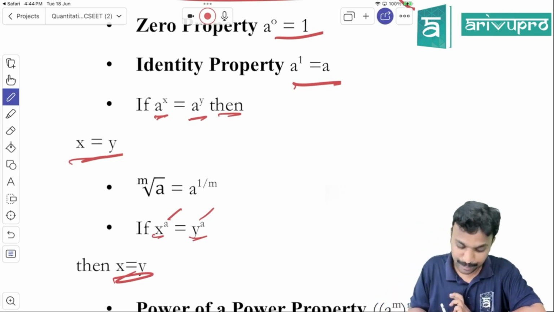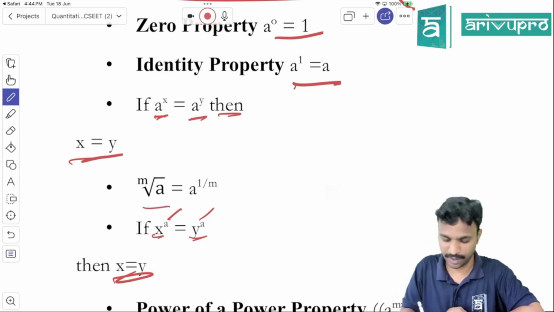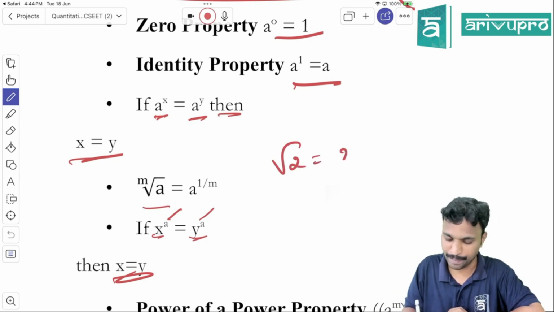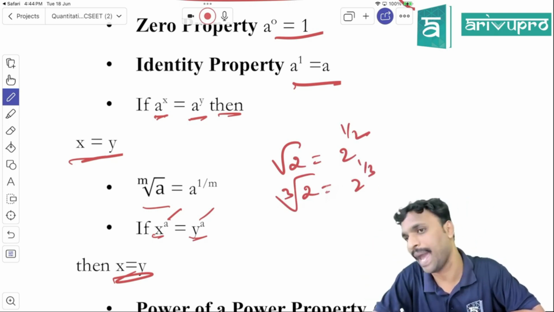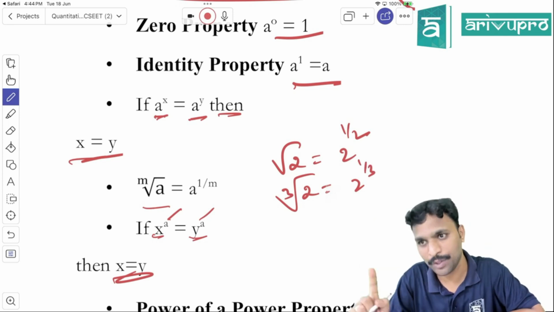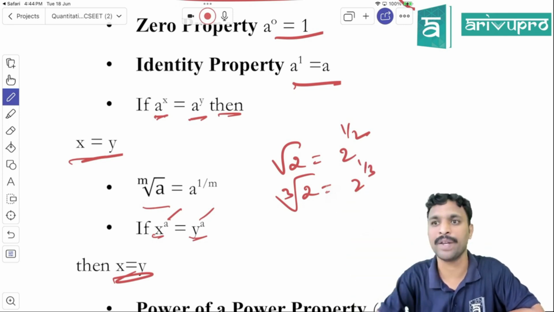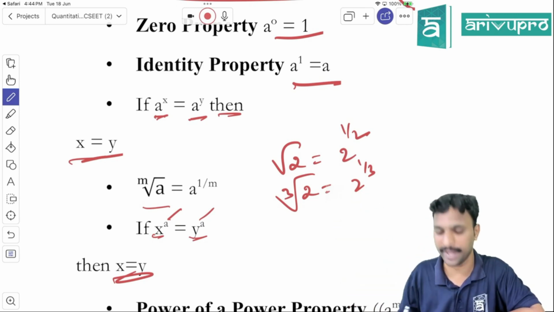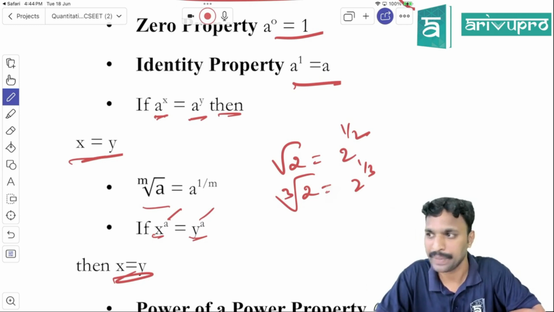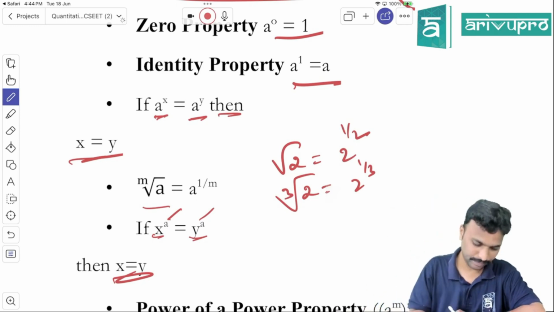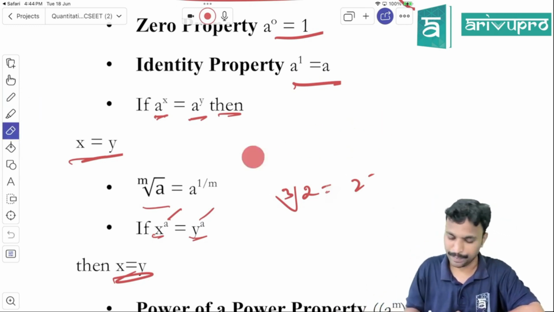Now, mth root of any number. See, first of all, square root of a number is what? A number power 1 by 2. Cube root of a number is what? A number power 1 by 3. Mth root of a number is what? Whole power 1 by m. Square root means whole power 1 by 2. Cube root means whole power 1 by 3. Nth root means whole power 1 by n. Mth root is whole power 1 by m. Clear? Everyone? So these are the properties of